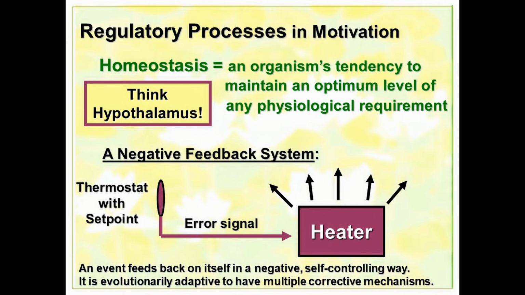Now, in terms of our physiology and our regulatory processes, let's take fluids. The hypothalamus is monitoring the fluids in our body at any particular time, and when those fluid levels drop below the set point, the optimum, then error signals are sent out to different parts of the body, and through some of these mechanisms, we will go get a drink of water. Through others of these mechanisms, we will actually conserve the fluids in our bodies.